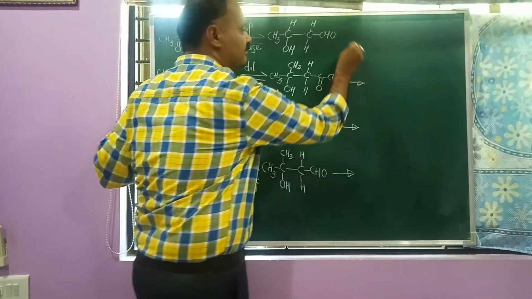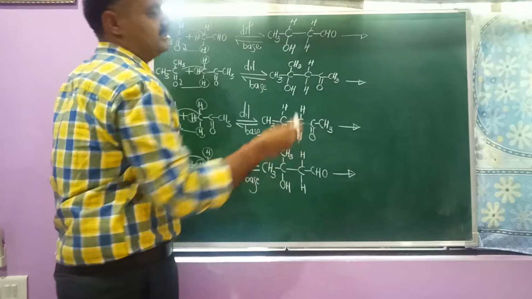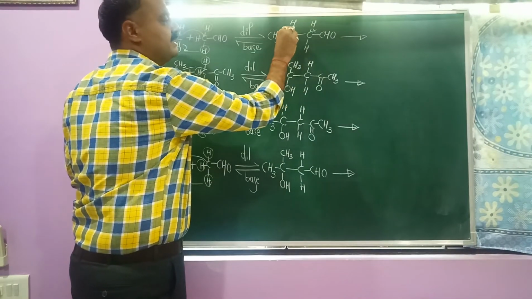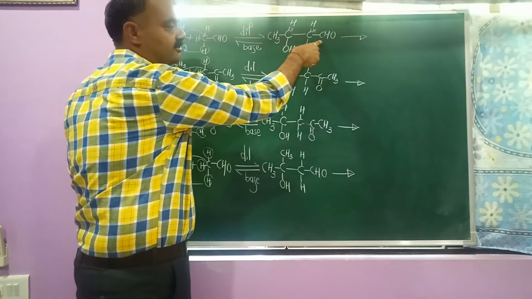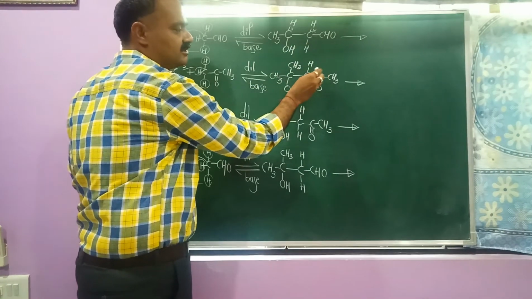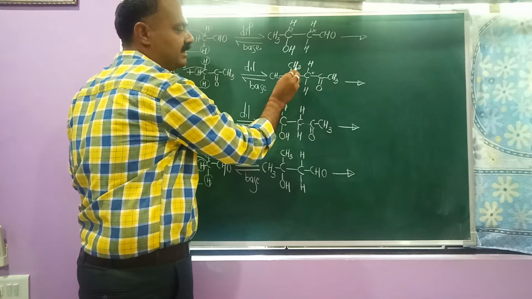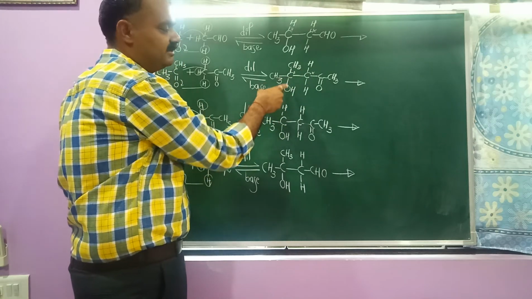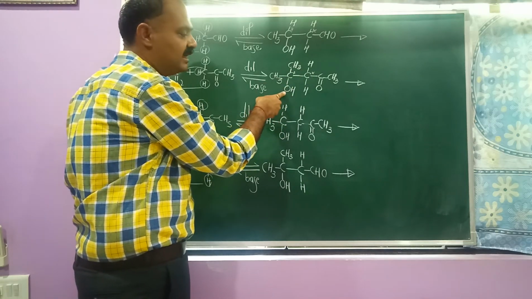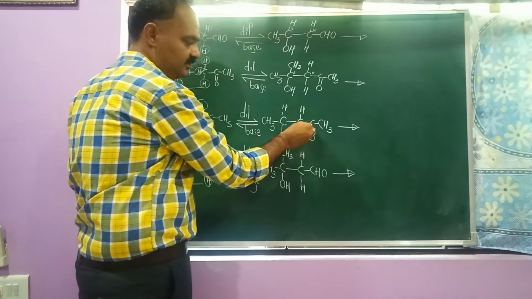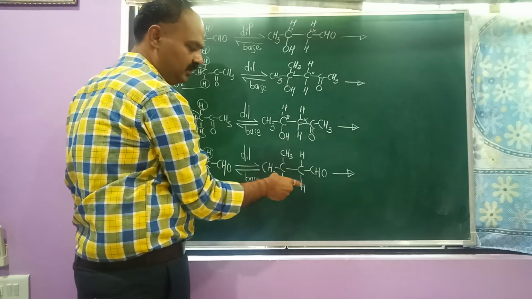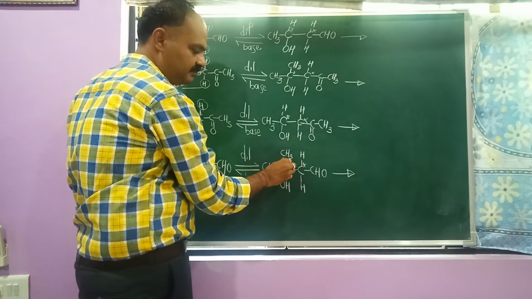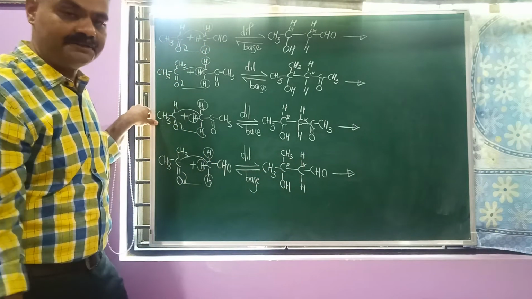We prepared the intermediate. This is the functional group, alpha and beta. The beta group contains OH, so it is beta hydroxyaldehyde. This is the functional group ketone, alpha beta. The beta carbon contains OH, so it is beta hydroxyketone. Same here, alpha beta. Beta hydroxyketone, this is alpha, this is beta, beta hydroxyaldehyde.